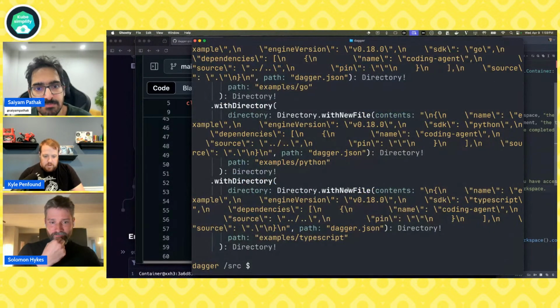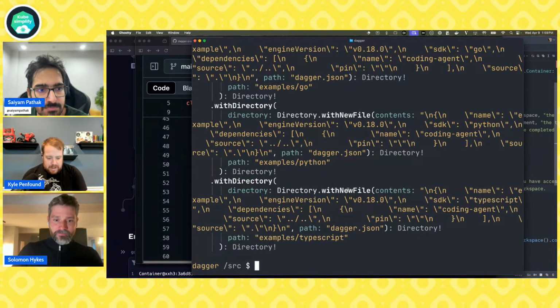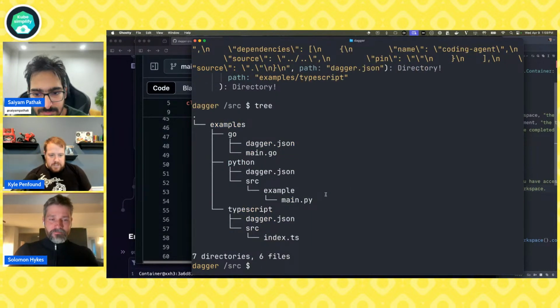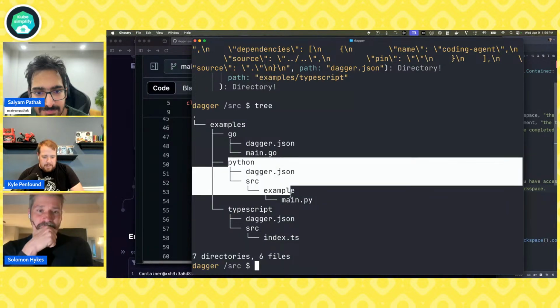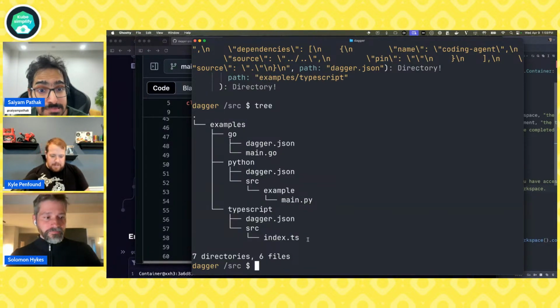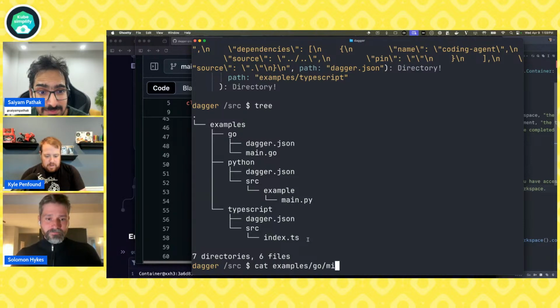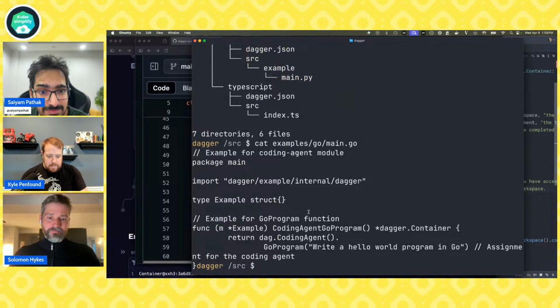And we can see, oh, it completed. Oh boy. Okay. So we've got our Go example, our Python example, and our TypeScript example. Let's see what they look like. Cat examples, Go, main.go.